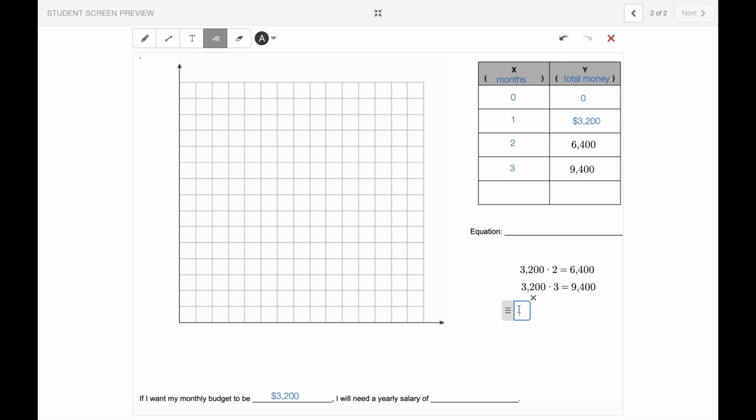Hopefully you said 12, because yes, a year has 12 months. So we're actually going to keep doing this. I want to find out how much money I need in 4 months, and then how much money I need in 2 months, in 5 months, how much money I need in 6 months, all the way to